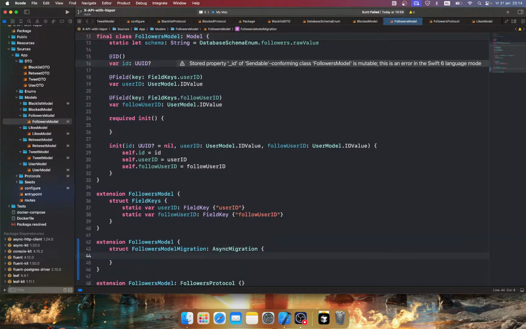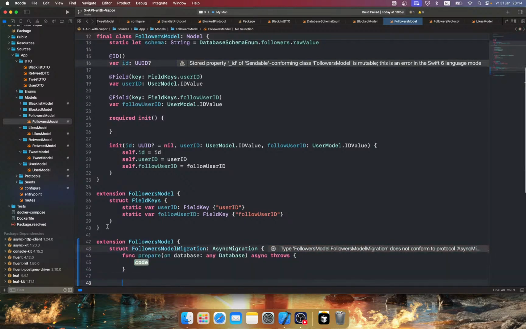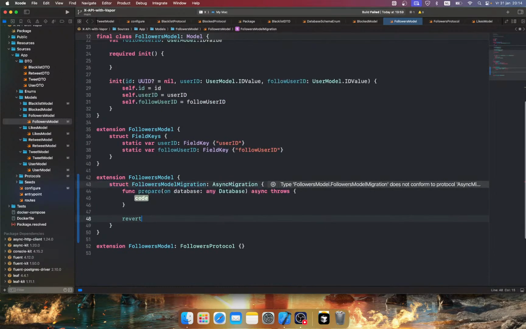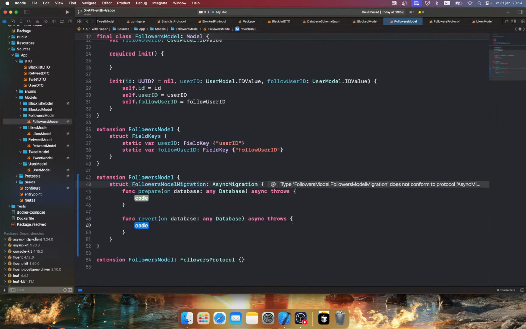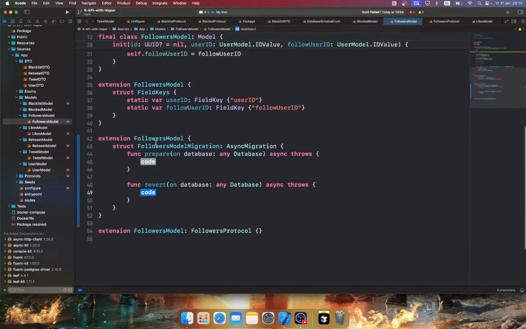Let's open this one up, and we can say prepare, and we can call revert. Let me make the code a little bit bigger so that you guys can read it better. Okay, so now try await database.schema of schema